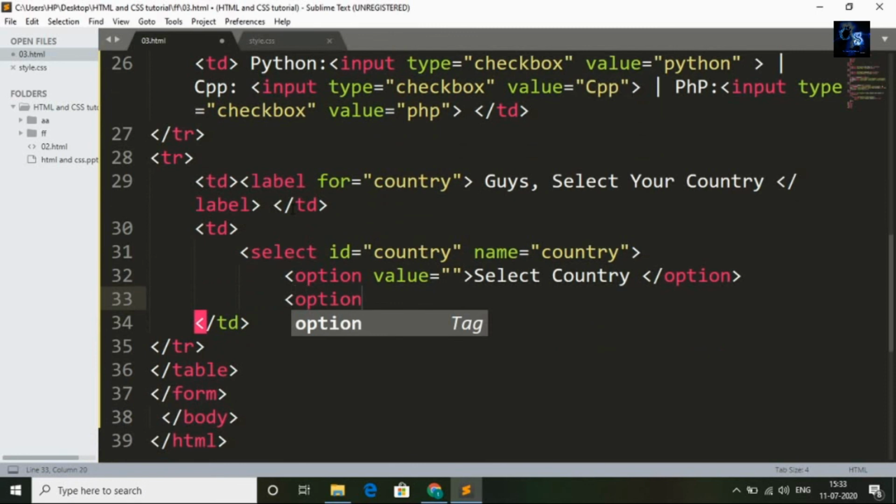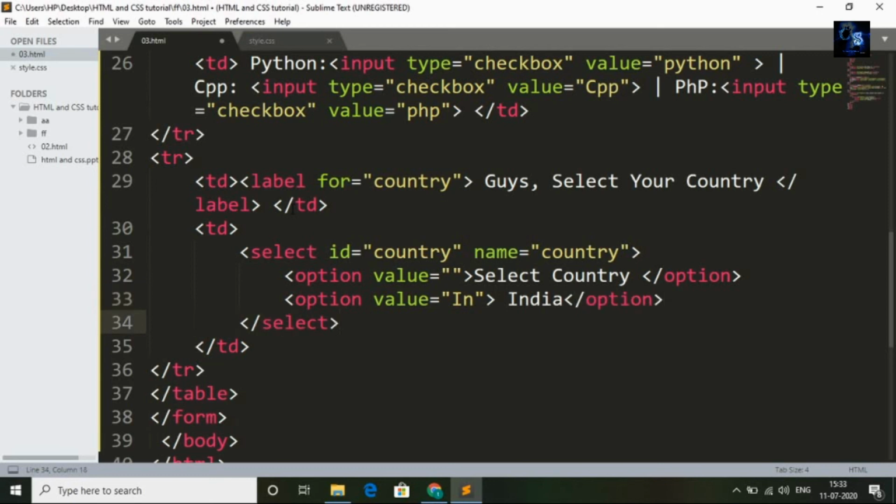Option value. I will add my country India. I will add the short form IN. India.